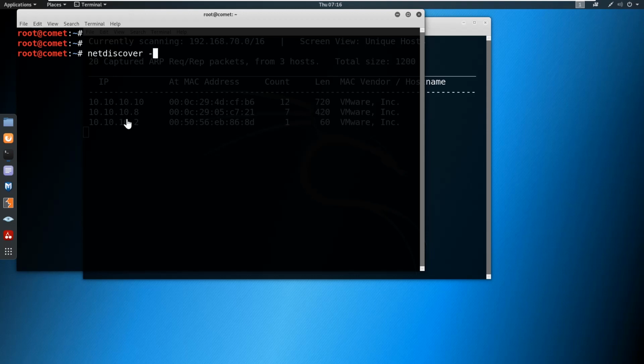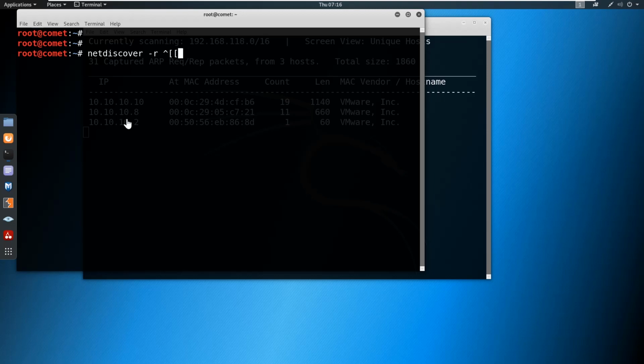By using ifconfig, we came to know the subnet and the range of this device. So if you want to scan a particular range of IPs, or if you know the subnet and want to scan only that subnet, in that case you can define -r, which is to define the range.